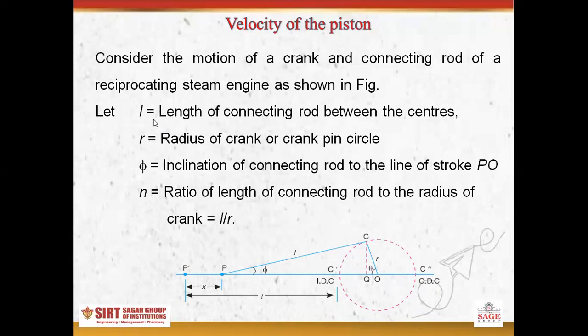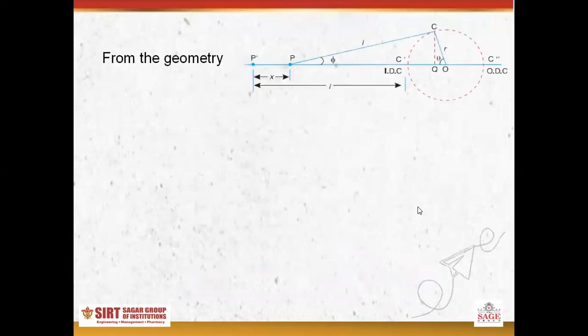These are the terms: L, the length of the connecting rod between the centers; R, the radius of the crank or crank pin circle. Similarly, N is the ratio of the length of the connecting rod to the radius of the crank, that is L by R. So here you can see that from the geometry,